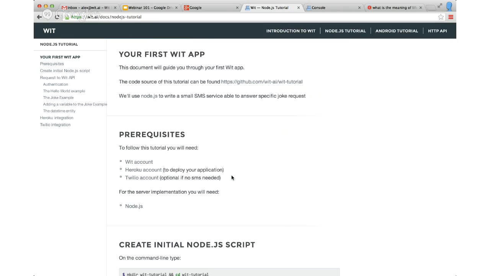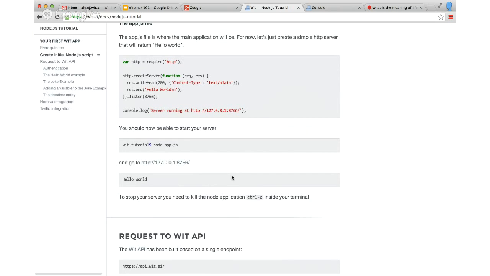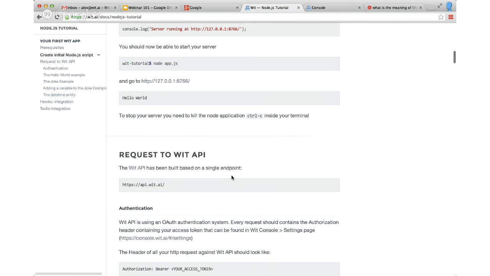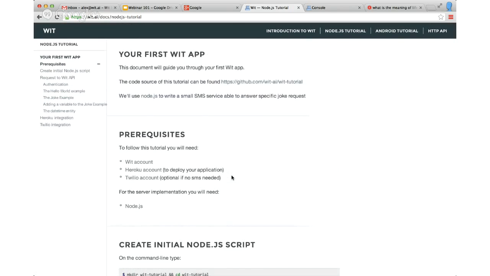If you are not familiar with Twilio, it's a very nice, easy-to-use API to send and receive text messages. In this tutorial, we build a text message service where you can ask Wit to tell you jokes, and more specifically, Chuck Norris jokes about whatever topic you want. So that's Wit integrated with a text SMS service.